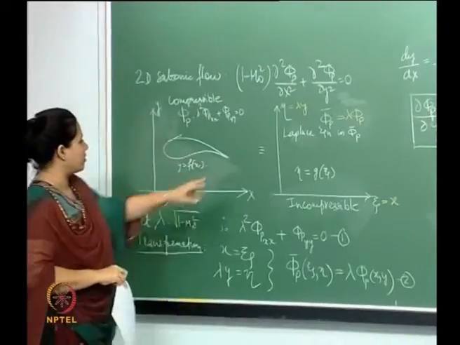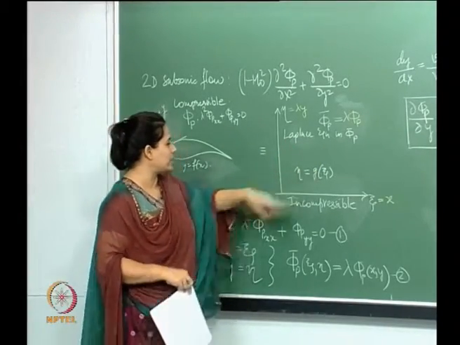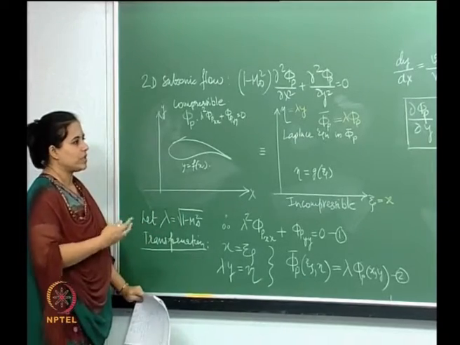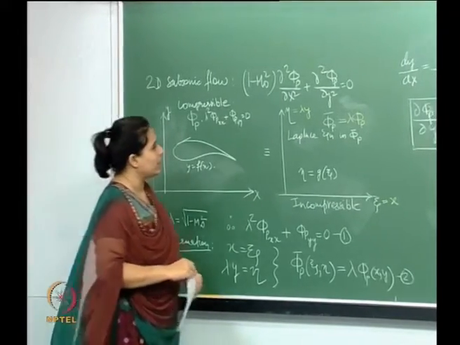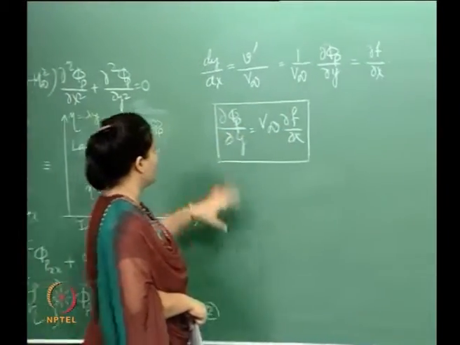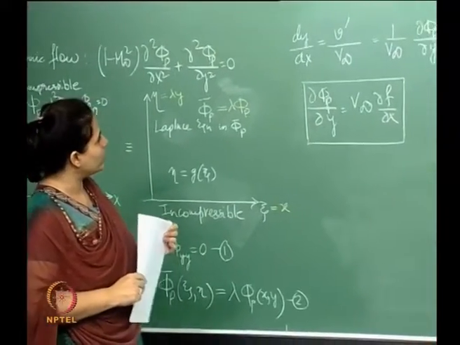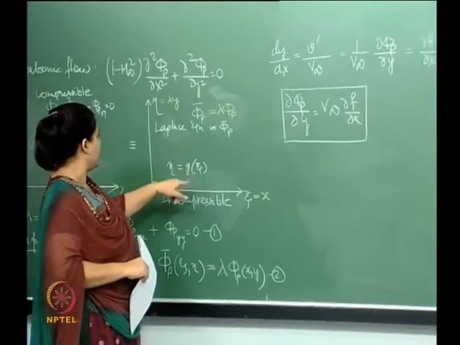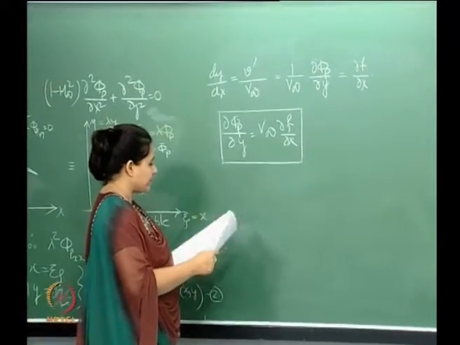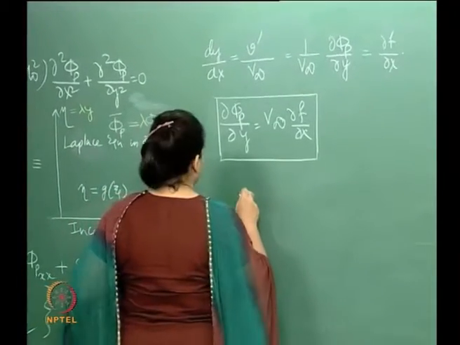Okay, so we don't know how the body will look like here. We still don't know. So let us write that as eta is equal to this one. So this is basically the definition. So from there, when I write dy by dx, it is essentially df by dx. So this is what we get in the Cartesian coordinate system. So now we'll do the similar stuff in the transformed coordinates. So in order to do that, essentially what we are looking at is